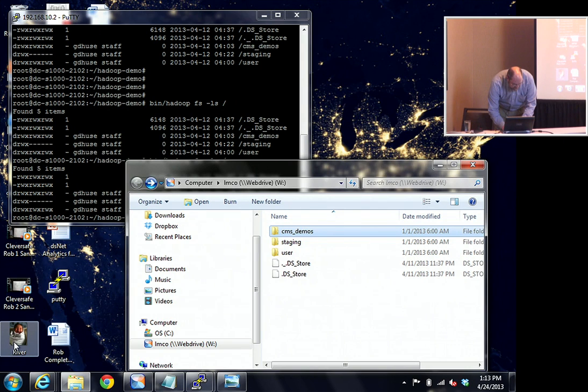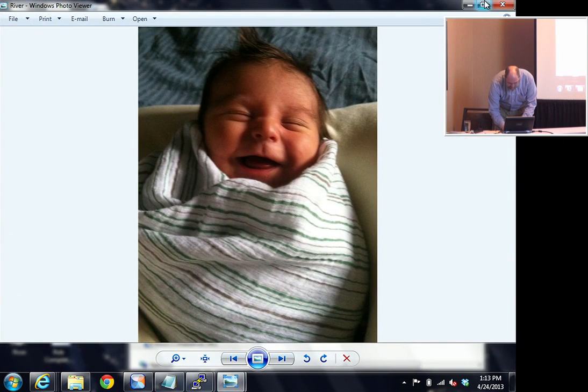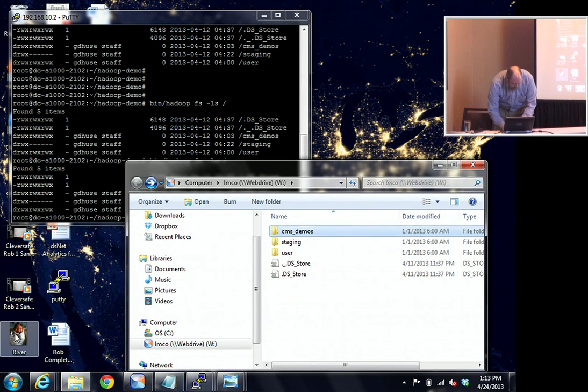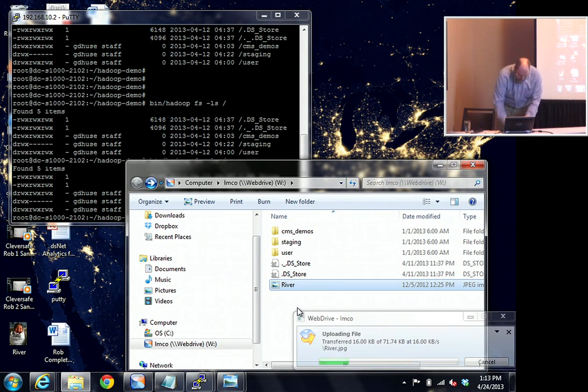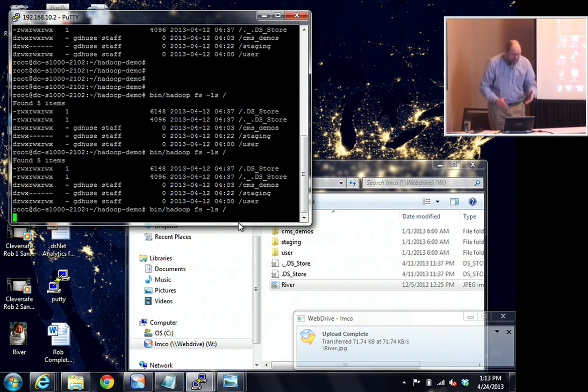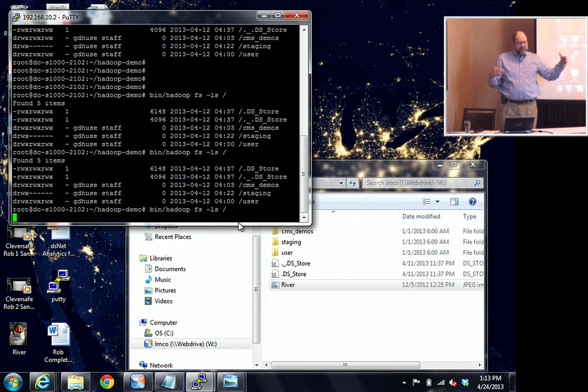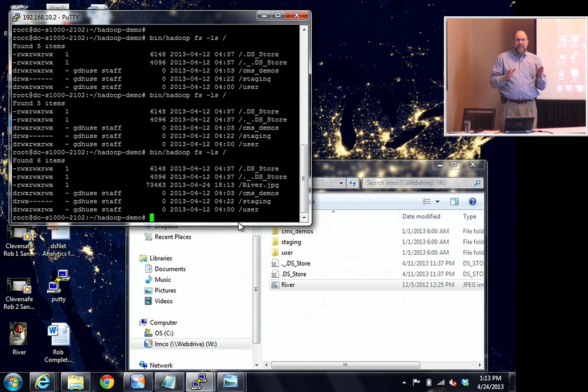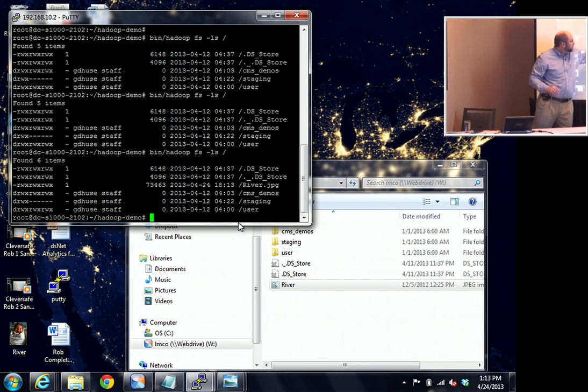If I want to add some more data, I'm going to take this adorable picture of my grandson and store it in the dsNet just by dragging it into the WebDrive interface. And then if I update the HDFS view of that same file system, you're going to see that that file is now going to appear in the listing. So the idea here is you're not limited to only HDFS as the way to read and write data into the storage that you're using to support your dsNet analytics. So there you can see that the picture has appeared here in river.jpg that I used WebDrive to actually store